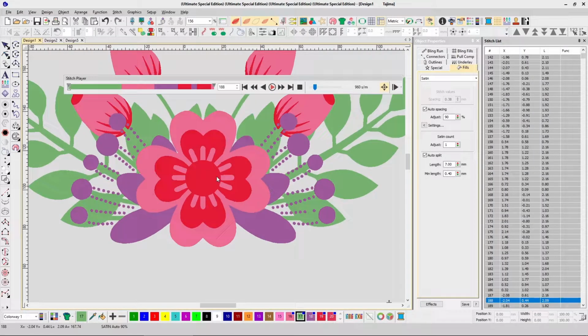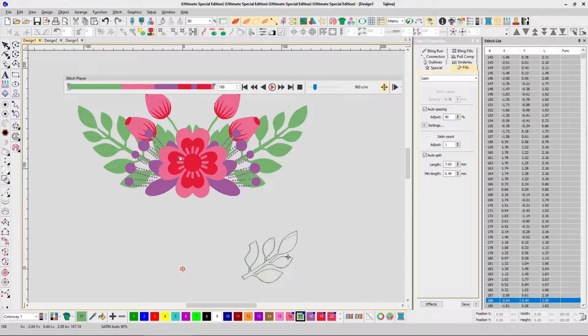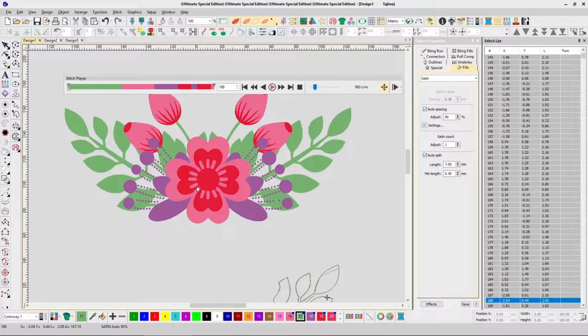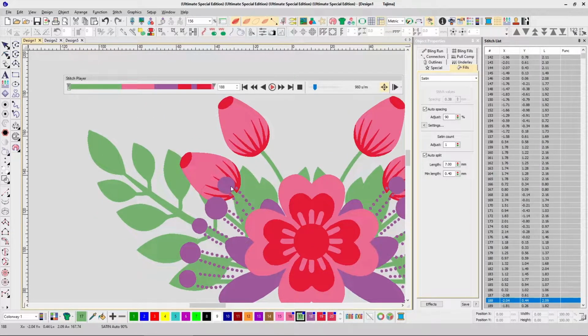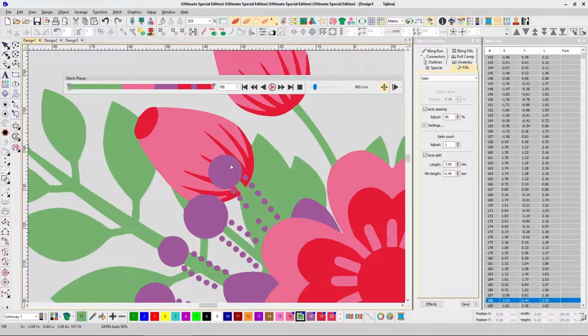Reason being, for example, this design is not really good to give you that example, but as you can see in this timeline, purple is running first and then the red. So obviously this is not the effect you are going to get. Rather, these lines will come on top of purple, which is not the look the customer wanted, right? So that's the reason why red is running again.